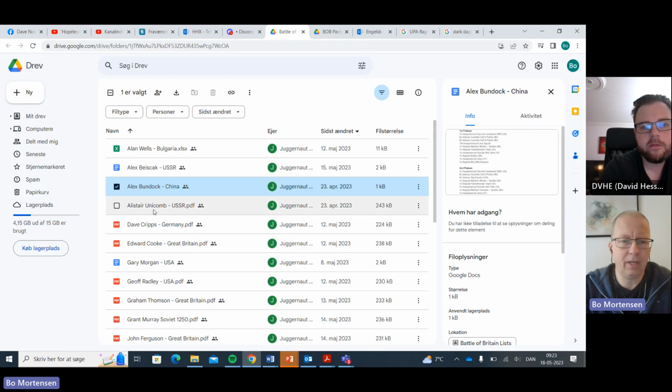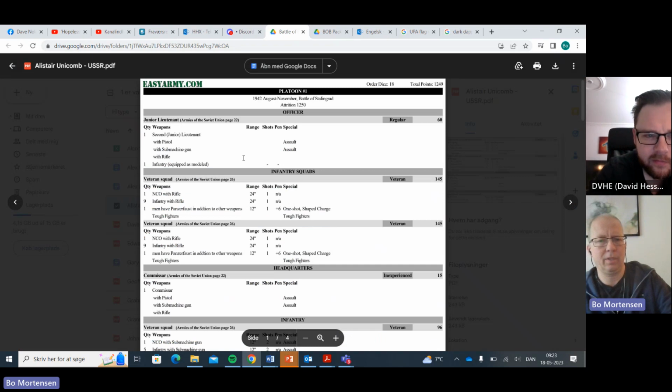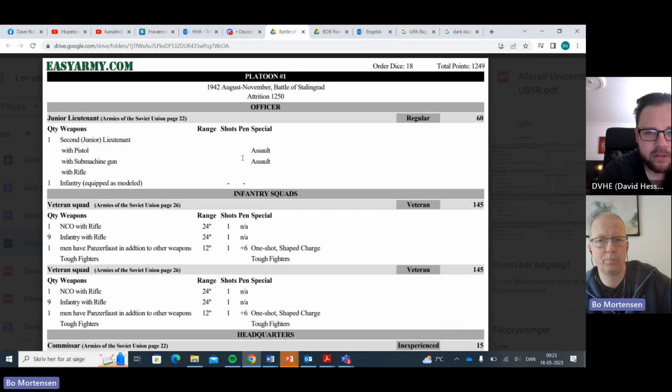And then we have Alistair. Alistair, of course, has been featured many times on this channel. So let's see what he's doing. He's bringing 18 order dice, missing 1 point. Alistair. Yeah, and he's bringing Stalingrad